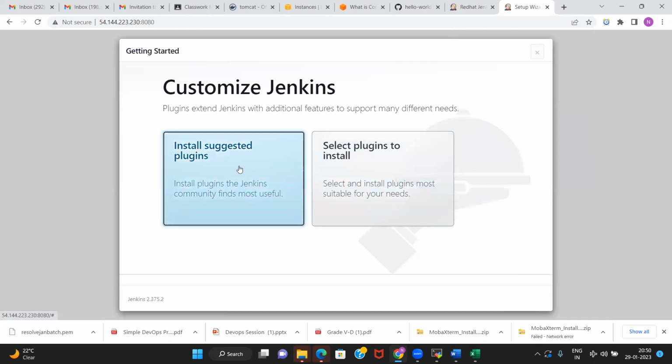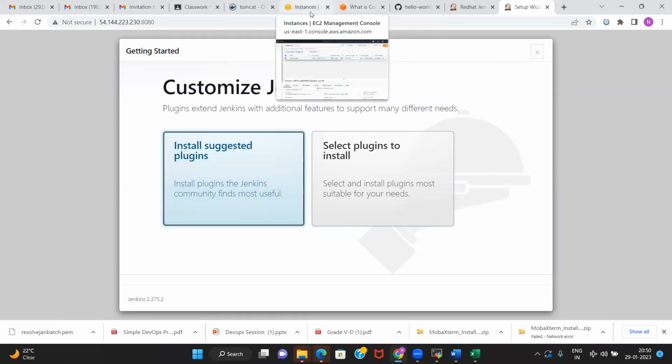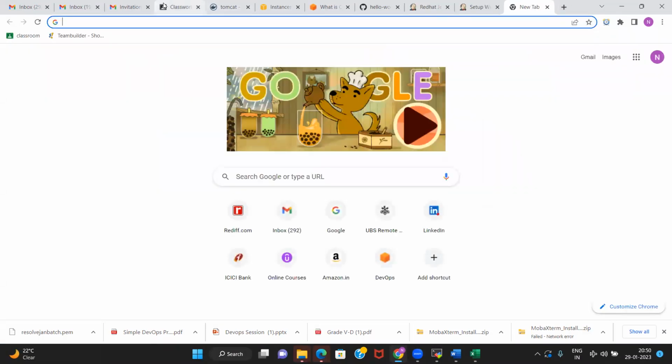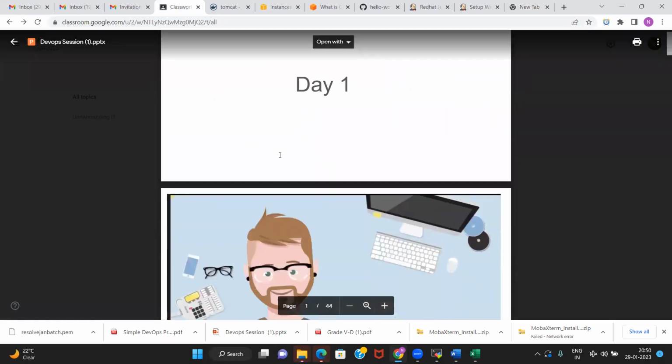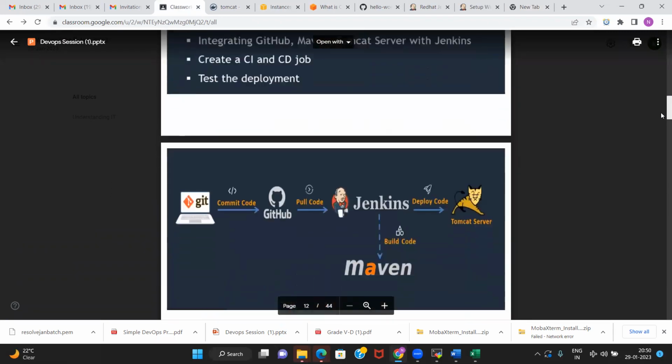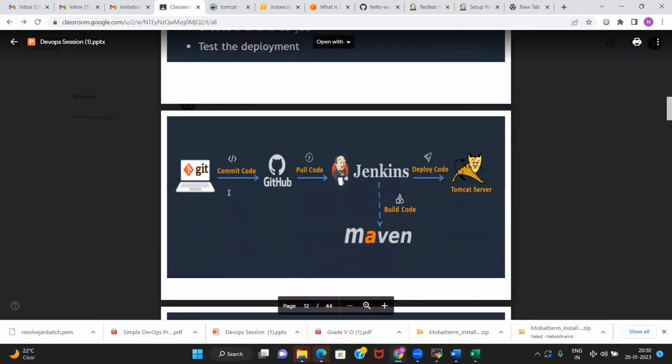Install suggested plugins. Basically Jenkins, as I said, is a CI tool. Here in this diagram, we talked about Jenkins. We are using Maven on Jenkins, we are using GitHub, and different things like Tomcat.